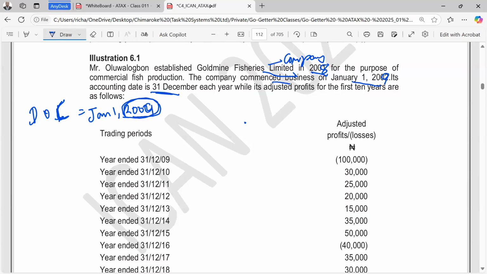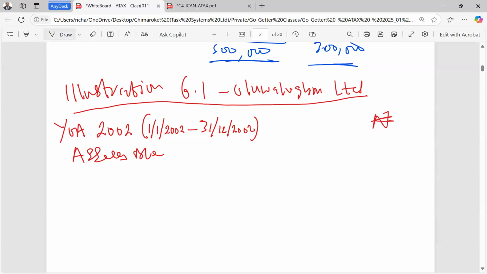And so this is the first year. So this is first, second, third, fourth, fifth, sixth, seventh, eighth, ninth, 10. That's why they say the first 10 years. So this is 2009. So I'm going to change the dates here. We are adjusting this question based on what we read from the question. So this is 2009. This is going to be January 1, 2009 to December 31st, 2009.